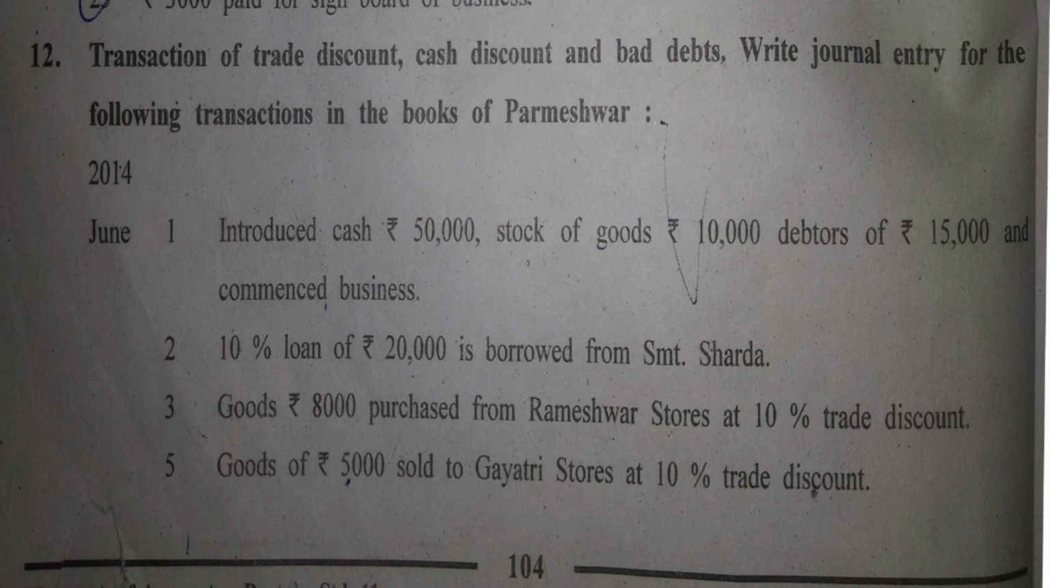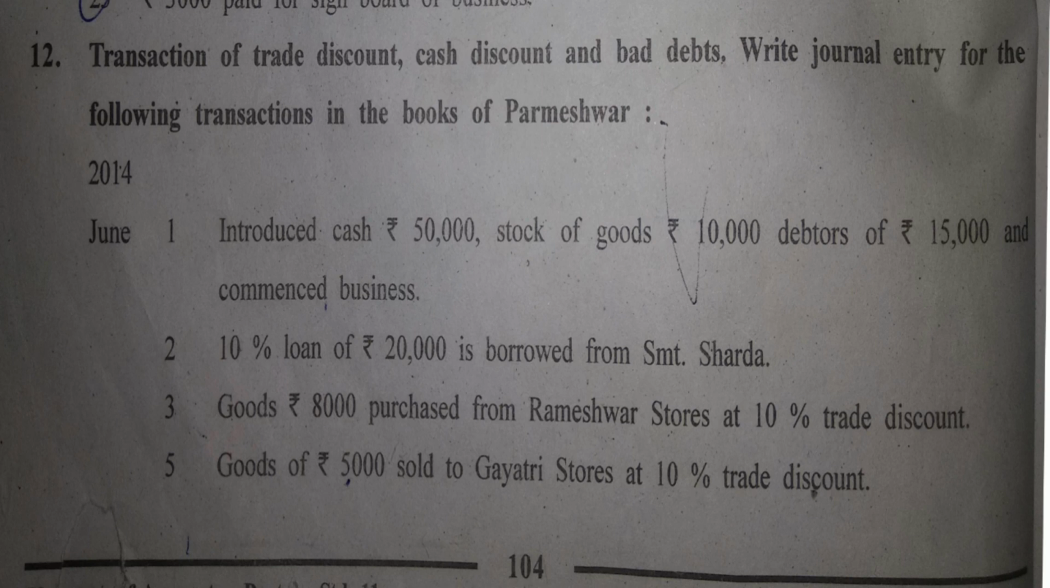Then in the column of date, 2014, June 1st, introduced cash rupees 50,000, stock of goods rupees 10,000, debtors of rupees 15,000 and commenced business. All of these things have been brought in the business. The business has been commenced with these things. So anything that the owner will bring in the business, let it be cash or in the form of asset,